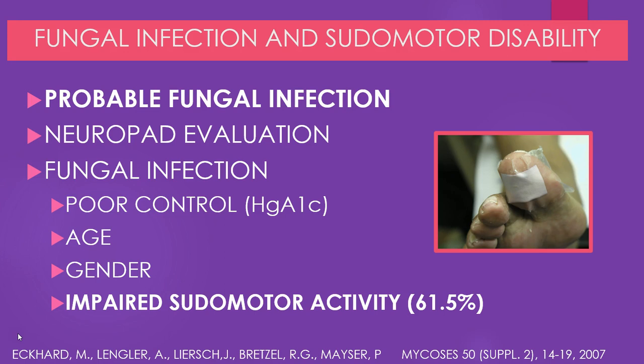Now, in this particular study, a neuropad was utilized, and you can see a neuropad on one of my patients off to the picture on the right. Neuropad is a device that can be utilized to assess sweat function, and in looking at risk factors associated with fungal infections in the foot, impaired pseudomotor activity, that is to say alteration in peripheral autonomic nervous system function, was present in 60+% of the